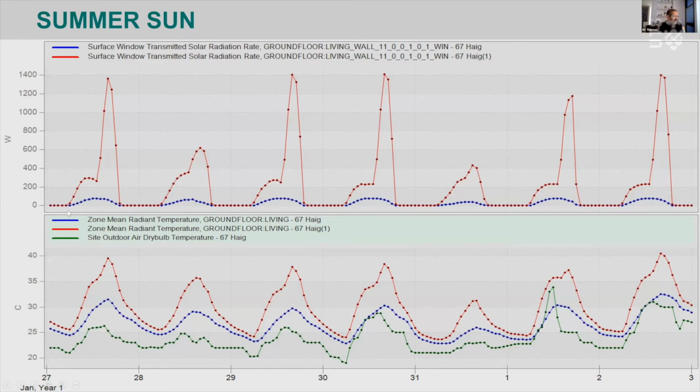And when I look at the mean radiant temperature, you can immediately see what it does. I've got an 8-degree drop in the mean radiant temperature because of being able to cut out the solar radiation from those western windows. And you can see that happen all through the week. So I've got a design decision: if I can maintain the radiant temperature around the 30-degree mark for most of that worst week in my house, I probably don't need an air conditioner, because I can handle heat. I can't handle the cold, but I can handle the heat. So that was my design decision.